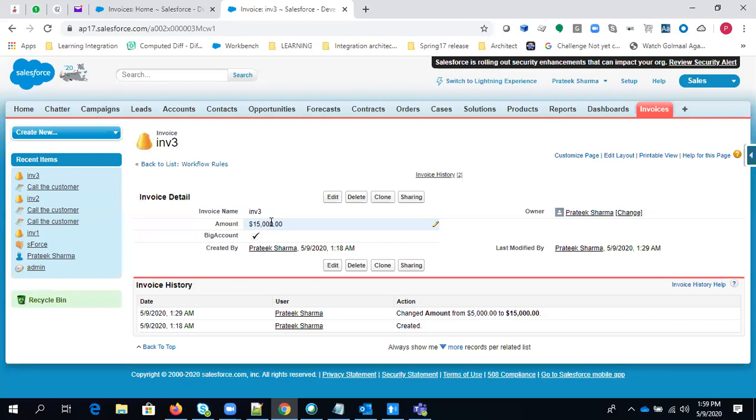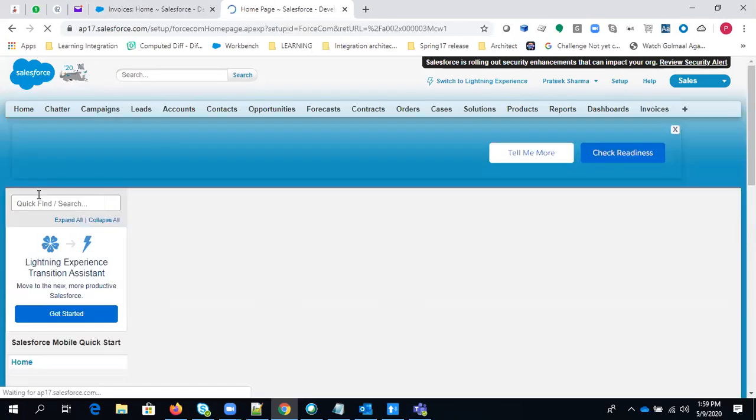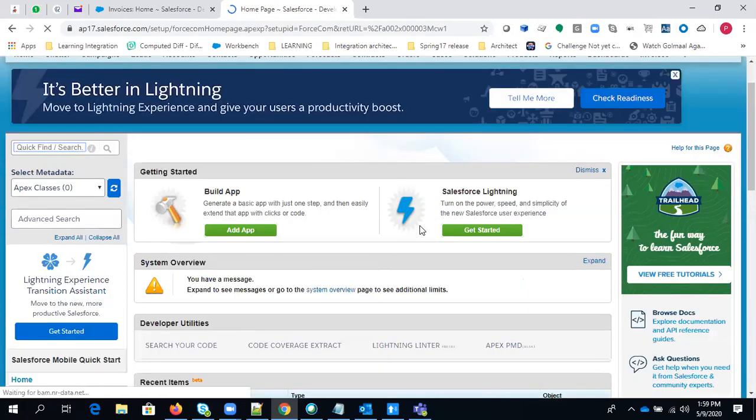Yes. Right? So let's just go for that time dependent workflow. There are something that I want to tell you on that. So let's go to workflow. Here in the Quick Find box, you can simply type workflow.